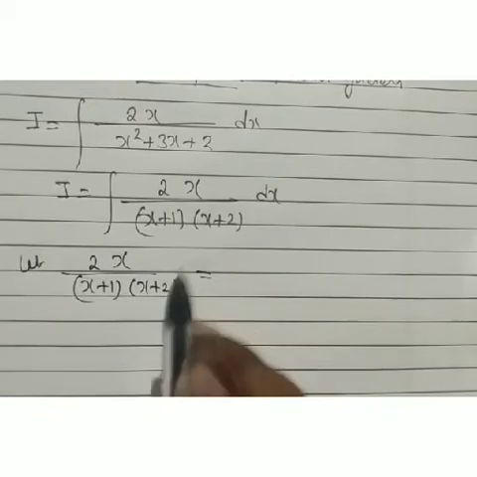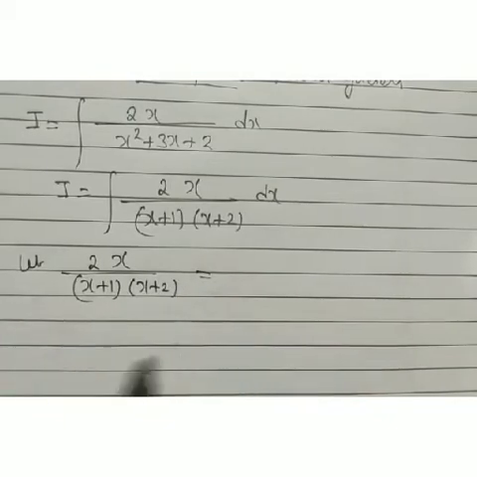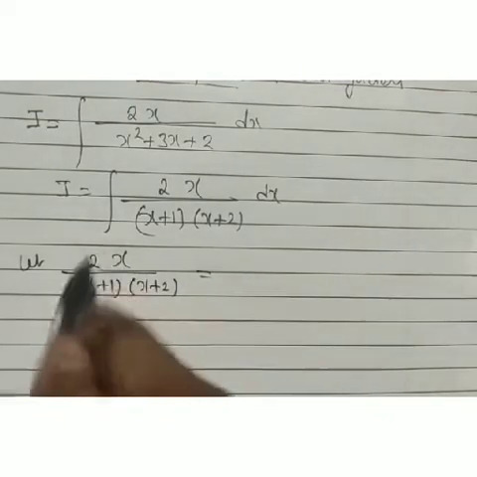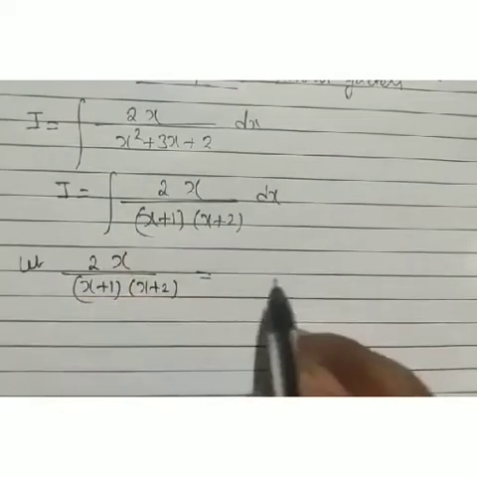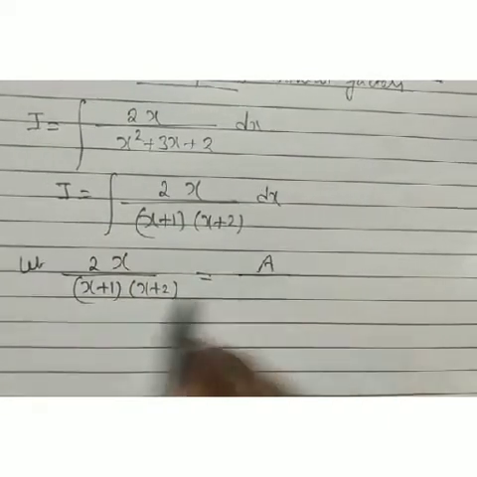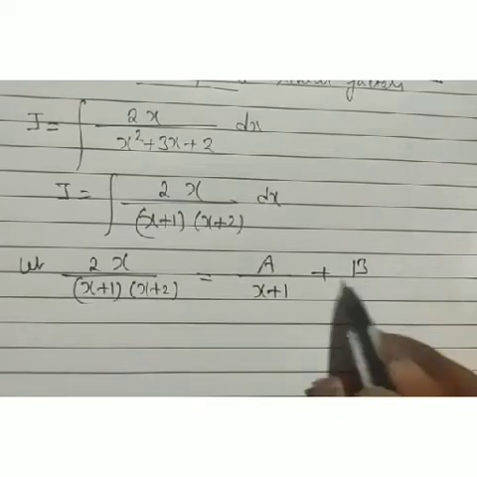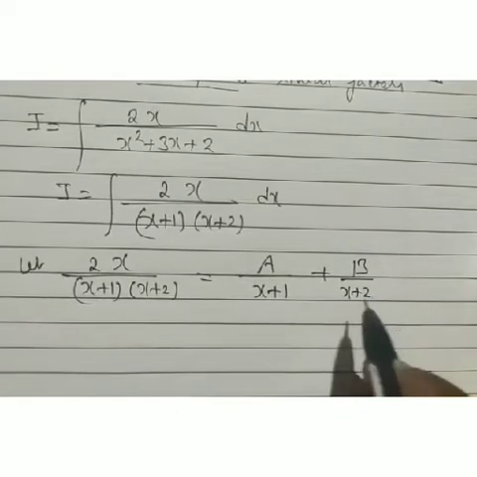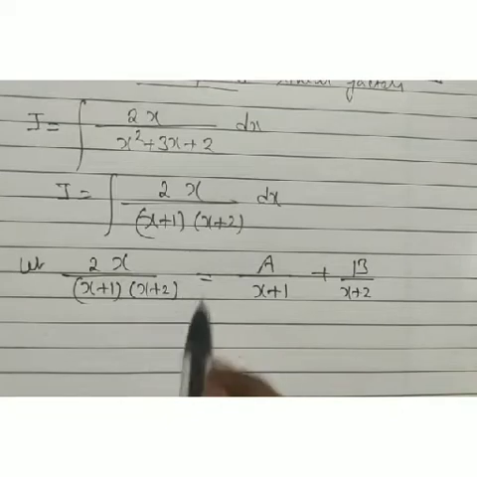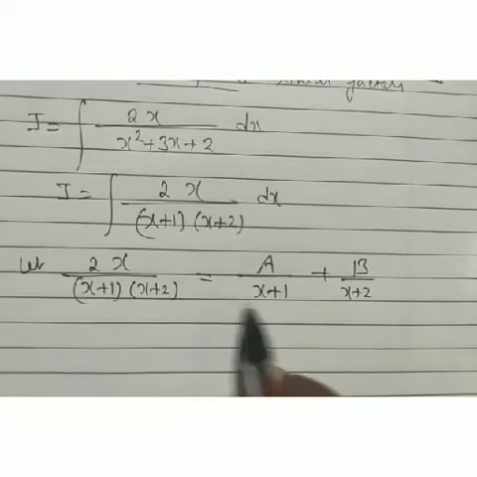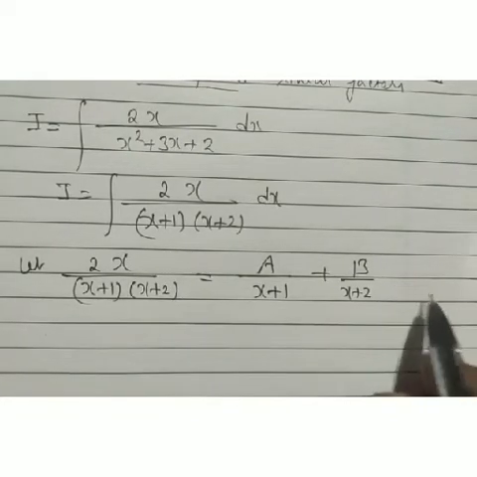Now we just express it as a sum of two forms. Just look at what is in the numerator there. I am going to take A over our first factor x plus 1, plus B over x plus 2. Now listen to me. If there is another non-repeated root x plus 3 there, then we can write down plus C upon x plus 3.